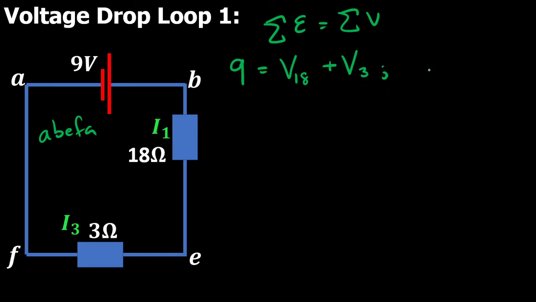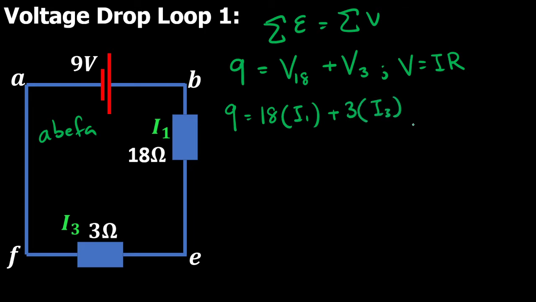Right? So now we can remind ourselves of Ohm's law, which is V equals IR. So across the 18 ohm, I have the current I1 going through it, and then I have 3 multiplied by I3. Okay, now remember what we did before? I3 is equal to I1